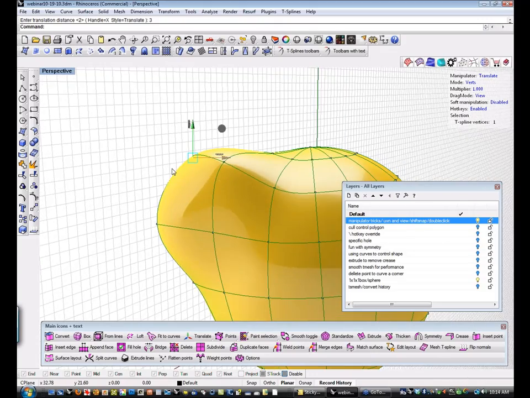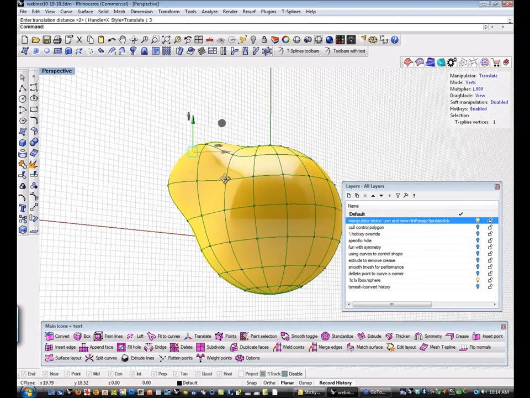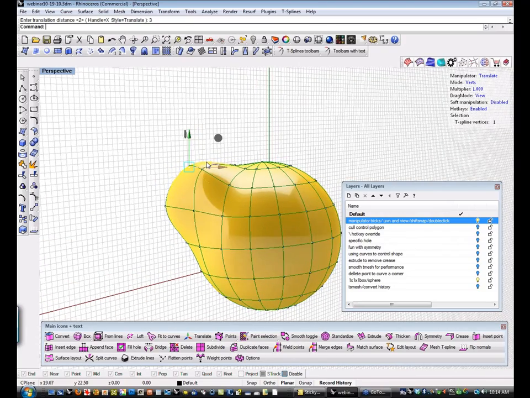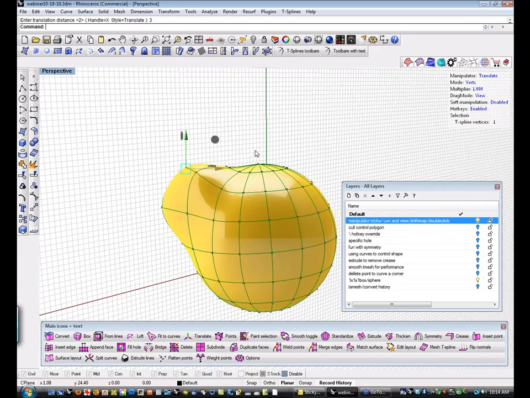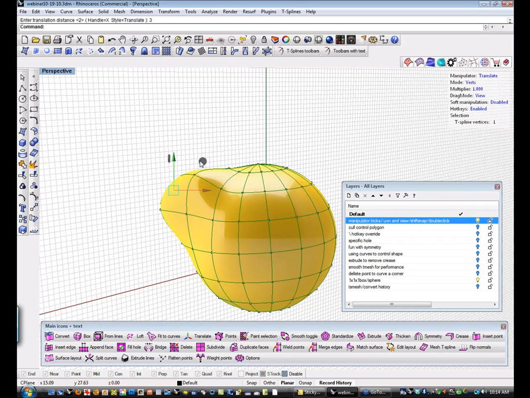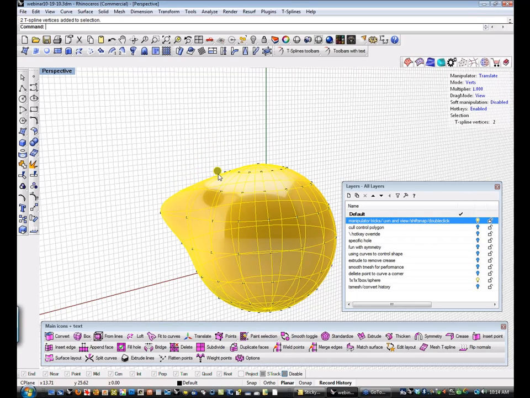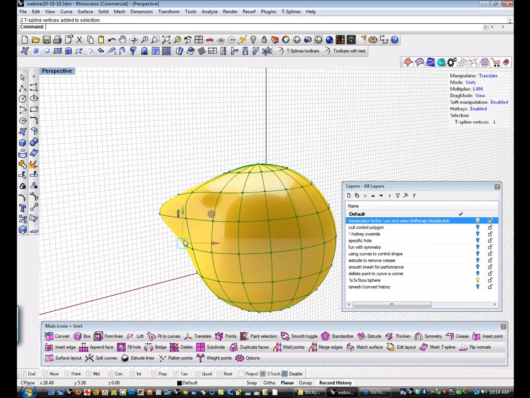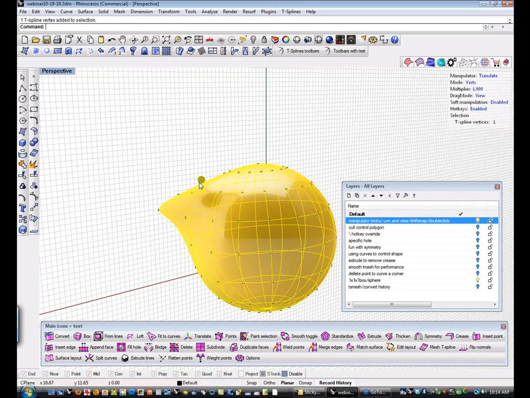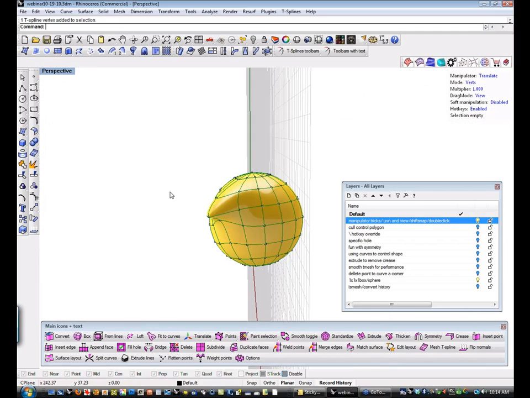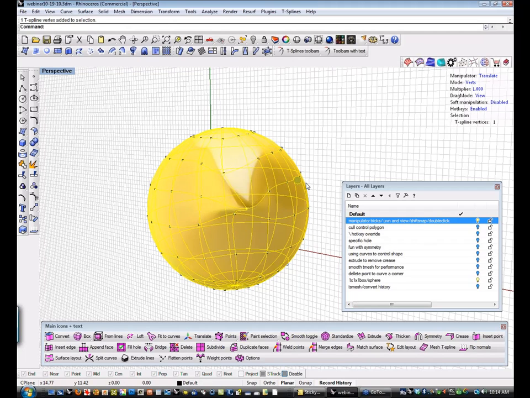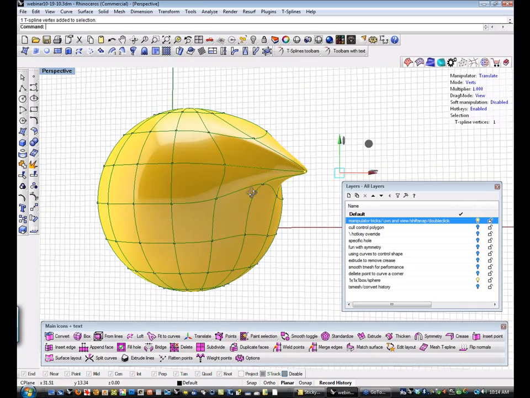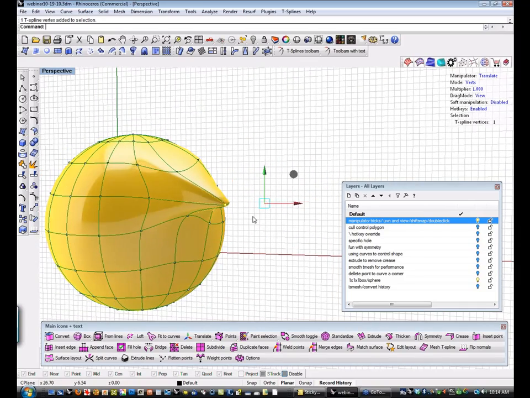So if I position this about here and I say, okay, I want this curve to be a little flatter, if I position it so that it's kind of in the window where I want it and then grab my C-plane icon here, you can see that I can go in and fairly quickly manipulate something based on the camera view. And then if I change the view, I can move it this way. And then if I change the view to a slightly oblique angle,